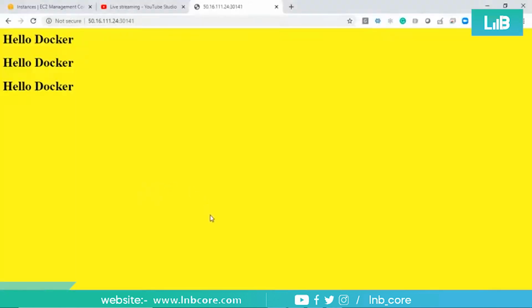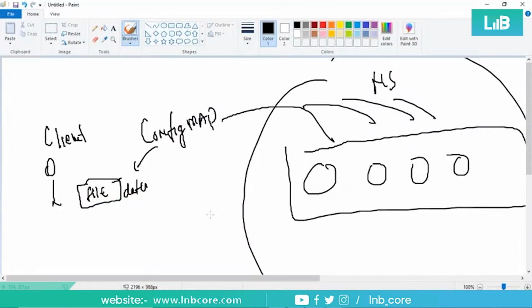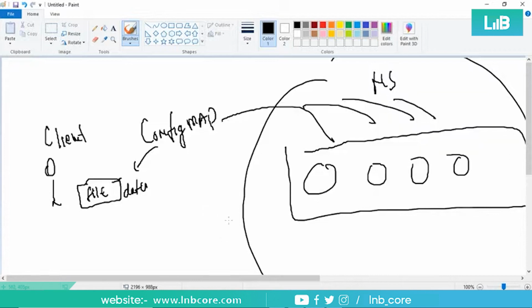See, the point is not about changing it. Let's say if I have 1,000 pods, then I have to change in 1,000 places every time if I want to change the value. For example, Ashif, if you're not understanding it, let's say